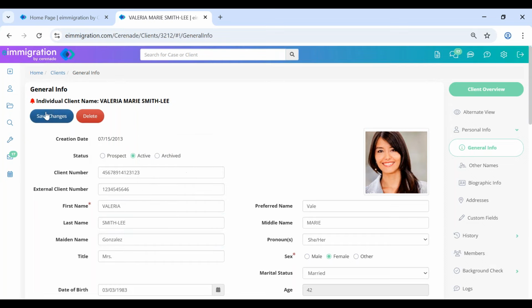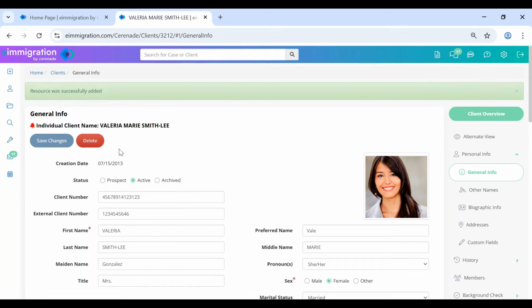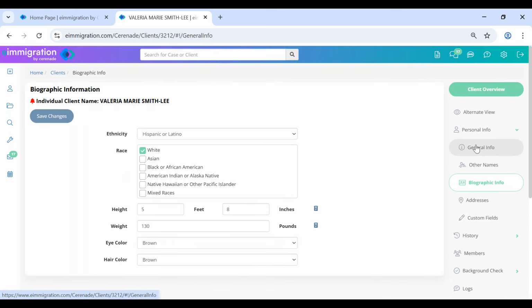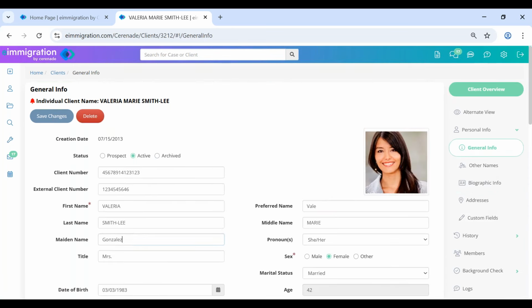Gonzalez. I save my changes. See, now I do have this confirmation. The resource was successfully added. Okay, now I can safely move to a different section without losing that data. Okay, so step number 1,